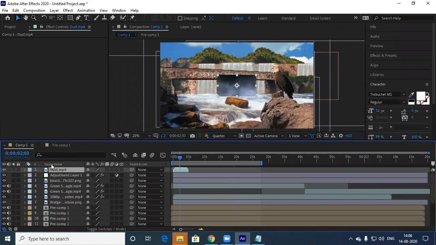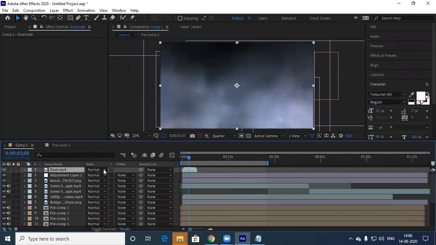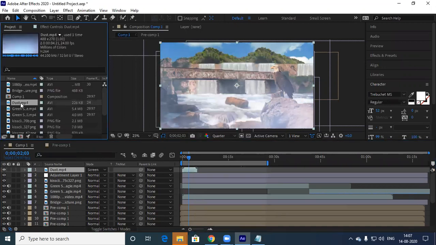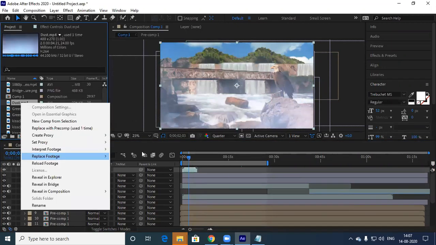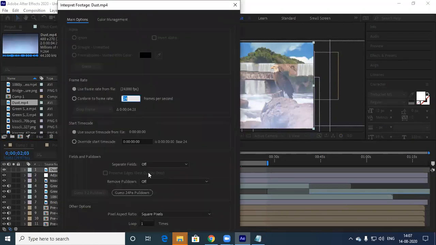Control Alt F, full screen. Then F4. I'm making this into screen. This looks like this. Now after this, what I'll do in project, this one, interpret footage, go to main, here, loop, make it some 20.